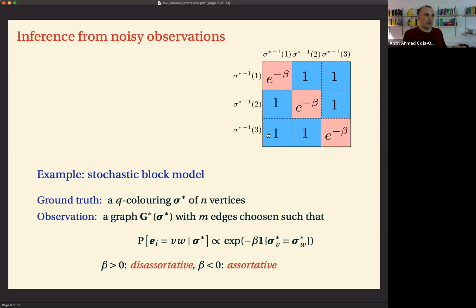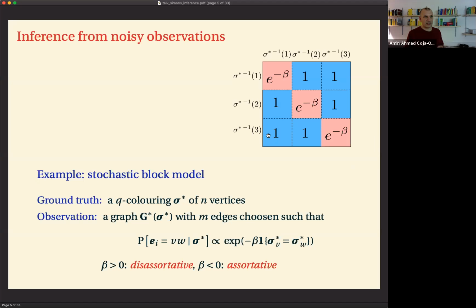And a good example of such a model is the stochastic block model that has received a lot of attention in recent years. This is a bit similar to the planted coloring model of Alon and Kahale, in that we begin by choosing colors for the vertices. So we fix a number Q, maybe 3, of colors, and in the first step, we simply draw a color for each vertex independently. And this coloring would be the ground truth that the teacher effectively tries to convey.